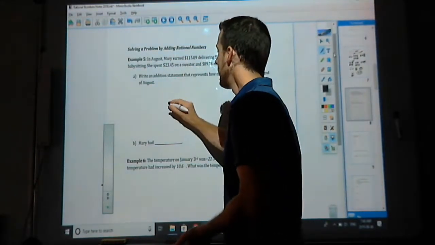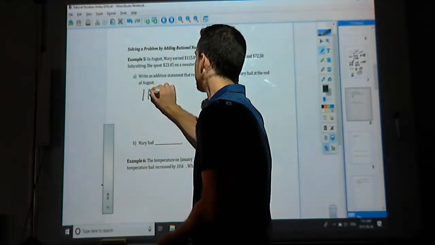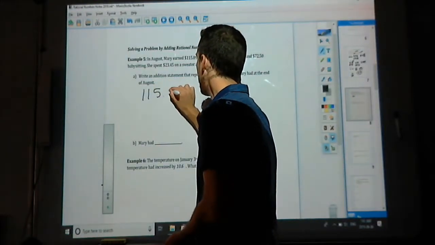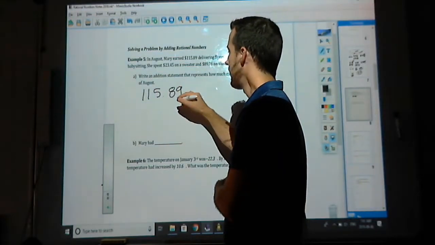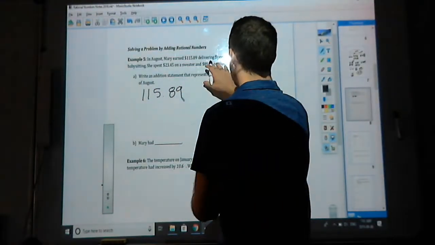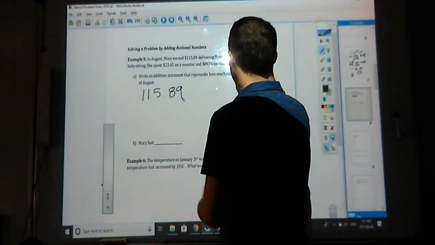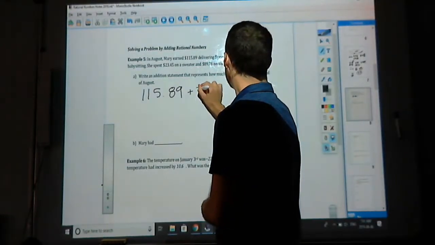So she earned $115. So that's going to be a positive number, okay? And we're doing an addition statement, so everything should be adding between, okay? And she earned $72.50